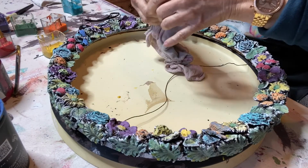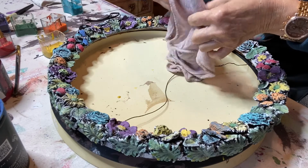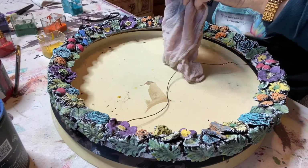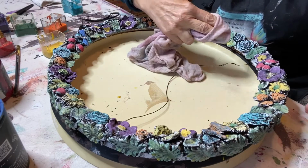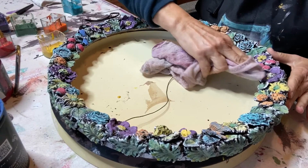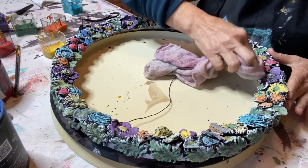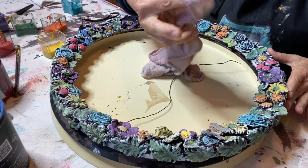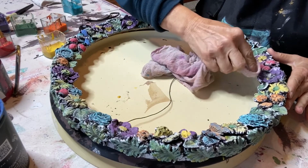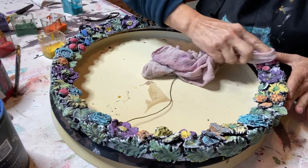This is all dry. We are going to use a really thin rag. You can use baby wipes as well, but I like to use my thin rag. I am now going to wash away the excess paint. We're going to reveal some of the white under there. And all I do is I just wrap it around my finger. Nothing complicated about that. And I can reveal,